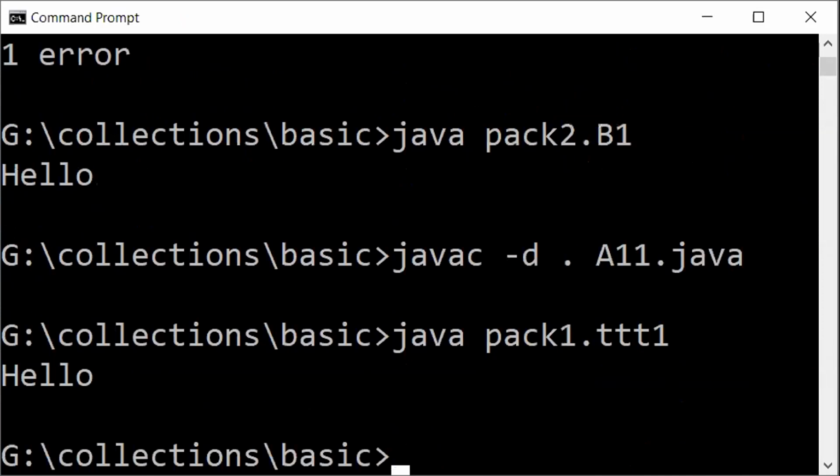Now you may be wondering why I have written ttt1, the name of the main class, rather than this. Whenever we compile or save any program, in general we know that our Java file can have any number of classes.